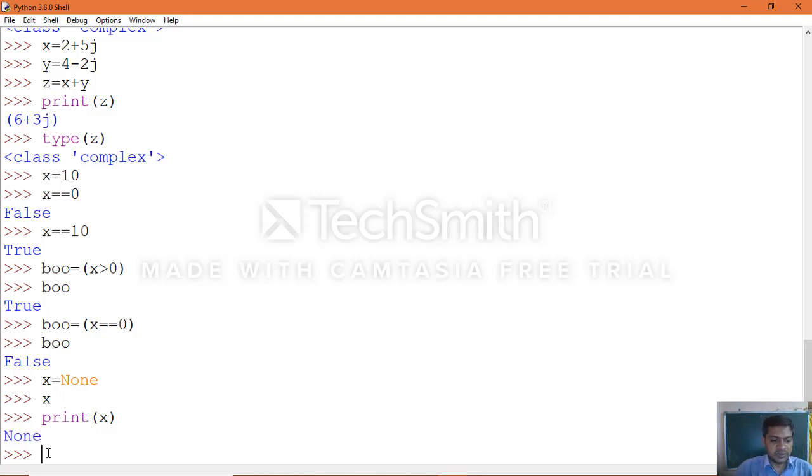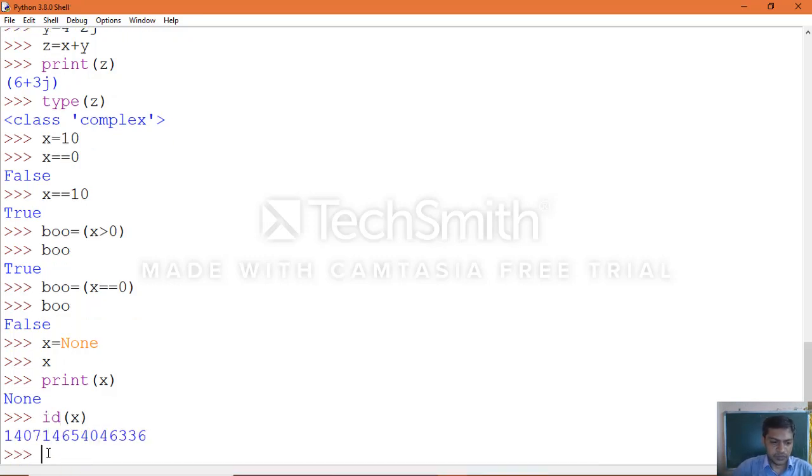The same thing you can check: memory will be allocated for this particular variable, but the value assigned is none, which means it doesn't have any value. Then you can even check with type.